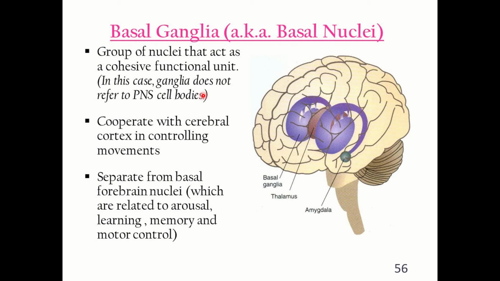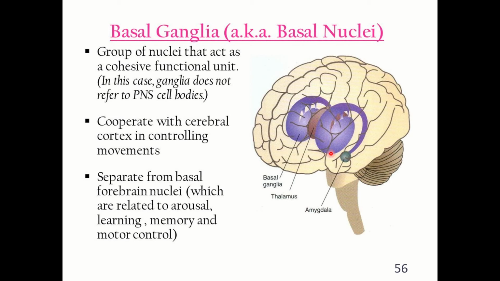Basal ganglia nuclei. These are a group of nuclei that act as a cohesive functional unit, and they cooperate with the cerebral cortex in controlling movement. Your primary motor cortex of the frontal lobe will be located right here, and the primary motor cortex is what initiates the control for voluntary skeletal muscle movement. Once control has been initiated, the basal ganglia nuclei will help to coordinate and smooth the motions of your skeletal